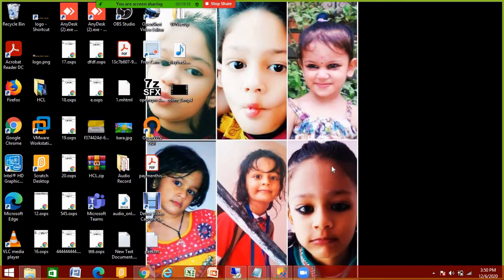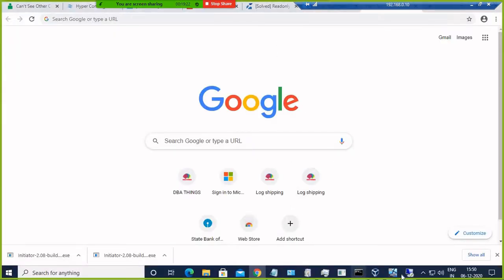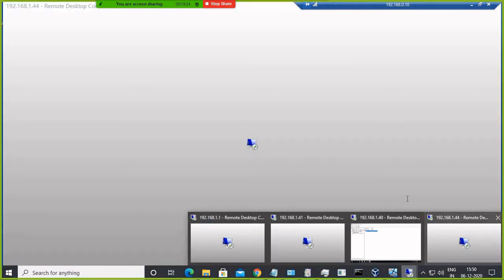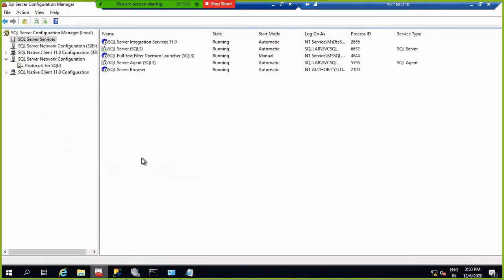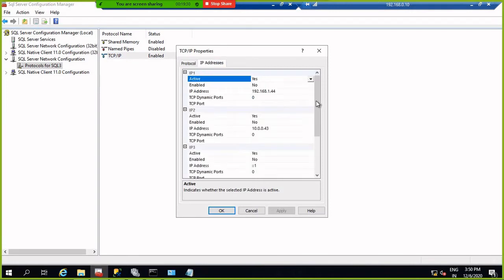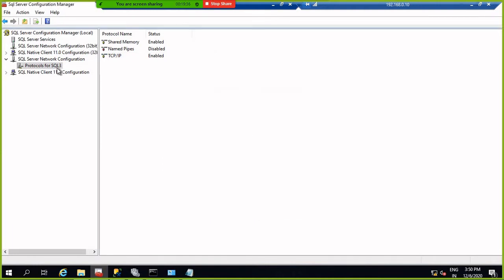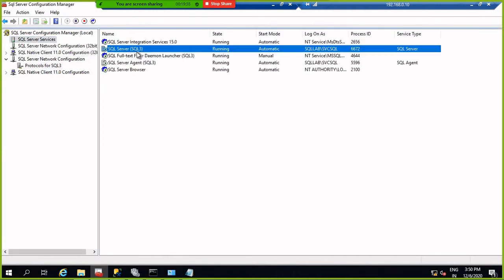Suppose I change the port number for more clarity. I change the port number of this server, this one. I just change the port number to 3. Okay, so I just applied it, and then I need to restart the services.